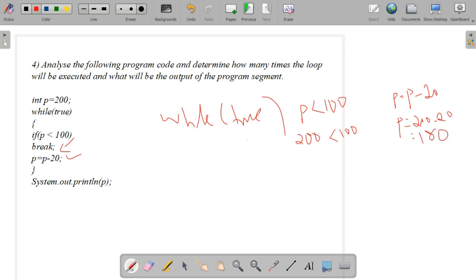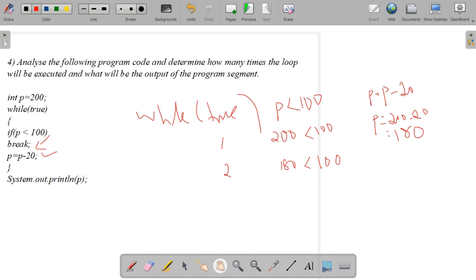So now we got 180. The first loop executed and we get the value of P as 180. Again, 180 less than 100? No. So P equal to 180 minus 20, which is 160.